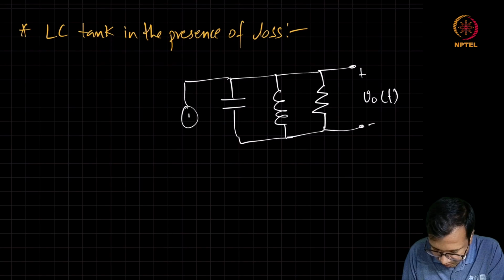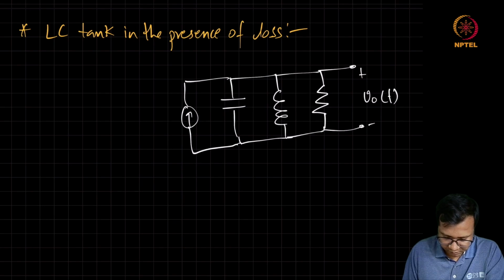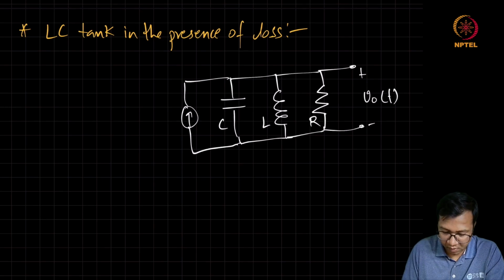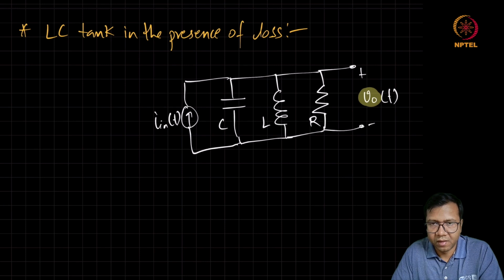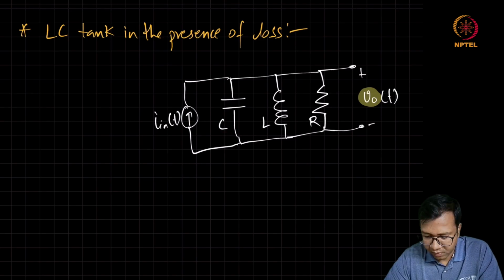Again, let us assume that we are using a current source to excite the system. So this is C, L, and this R. We are interested in this V0 of t. And again, we will assume that this In is an impulse current, which is going to charge this capacitor to an initial voltage of 1 by C. So we can find the output for an impulse current